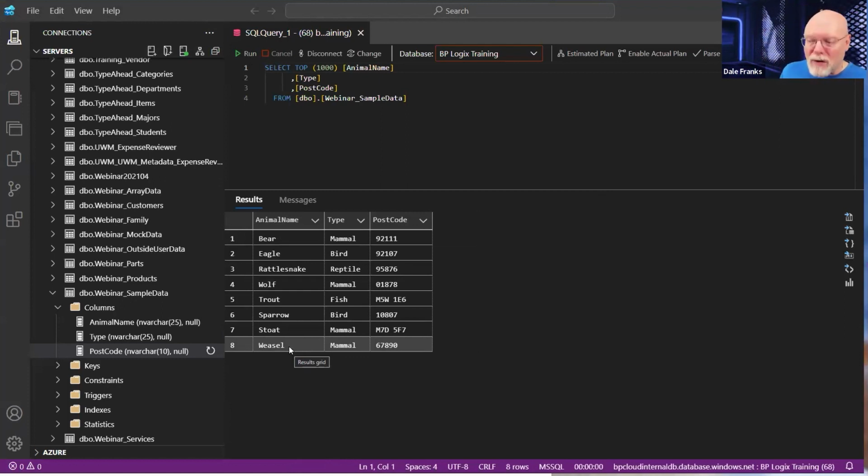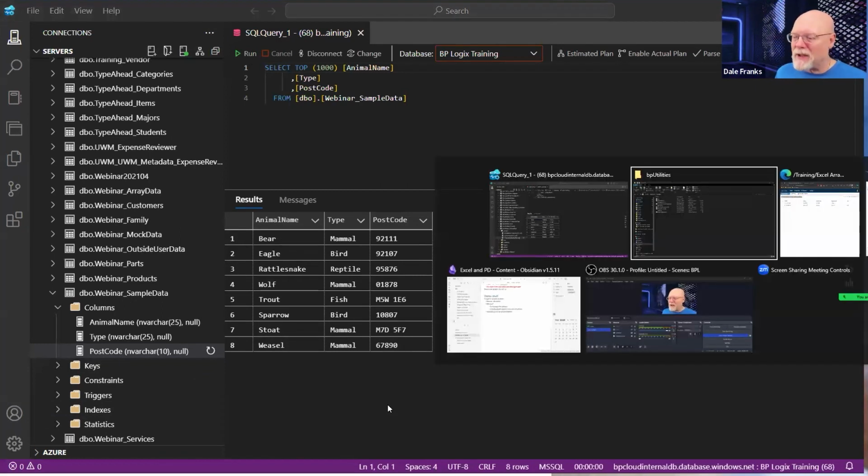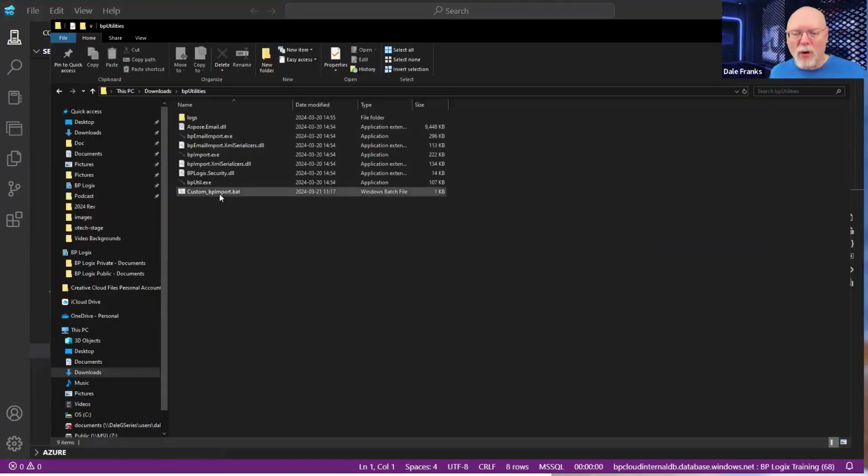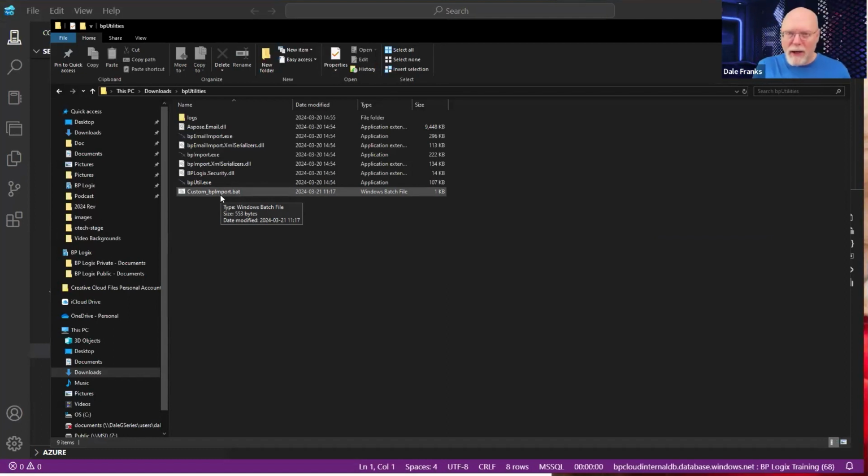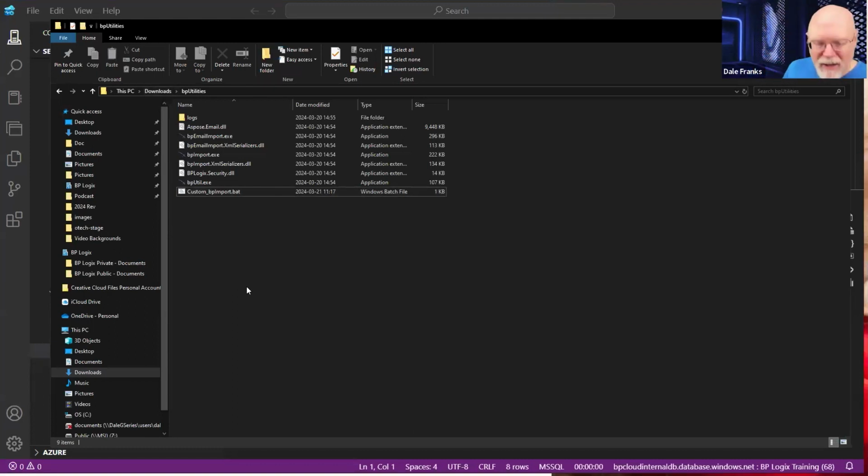I'm very close to where I need to be now. Where I need to be is in the task scheduler. Because now that I have a batch file and that batch file is stored, I can now run this batch file on a scheduled basis from the scheduler. So every day I have an export process that just automatically runs on SQL Server, takes my SQL data, and then throws it into a folder. We'll assume in this case, it's throwing it into downloads. And once that is in downloads, I can then import it into process director.